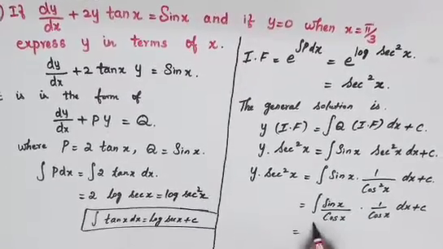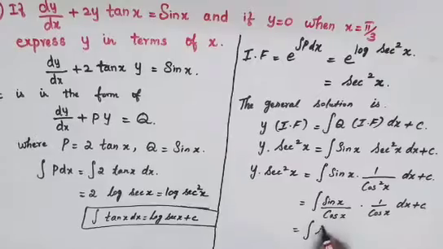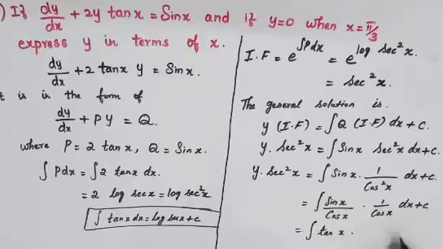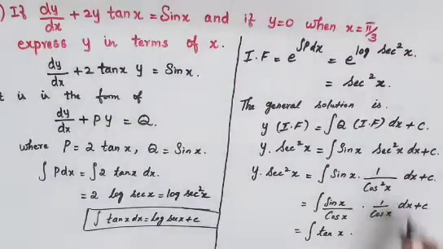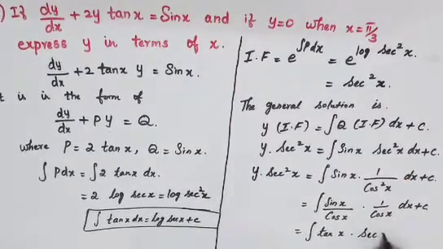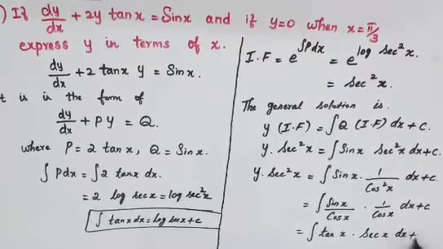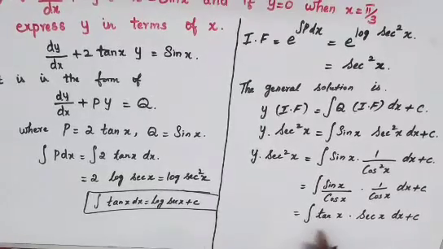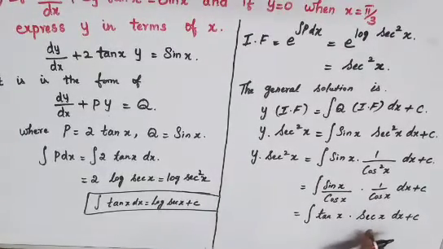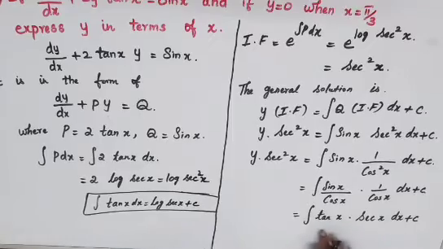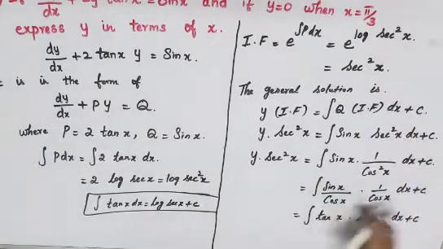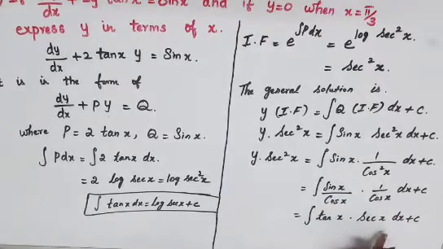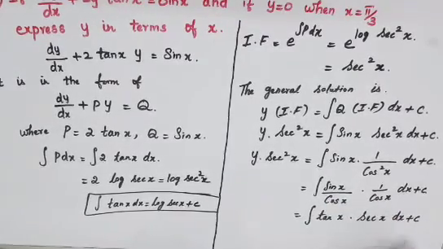So now this will become sin by cos, you know your formula, it is tan x. So sin x by cos x will become tan x into, again 1 by cos is your secant itself. So again get back to secant x into dx plus c. Why we are bringing this: we can use your formula integral of tan x secant x is equal to secant x. To get that formula, if you keep it like this, you won't be able to do anything over there. So just split up and try to get your tan x and secant x. Then you can substitute your formula here.